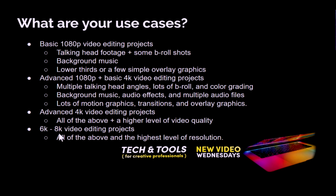And the last would be the 6K to 8K video editing projects, all of the above and the highest resolution possible right now on the market. Now, I'm going to say that these laptops are going to be more towards the 6K than the 8K. So if you're editing footage off of the Red cameras, 6K footage, that's where you're going to be able to